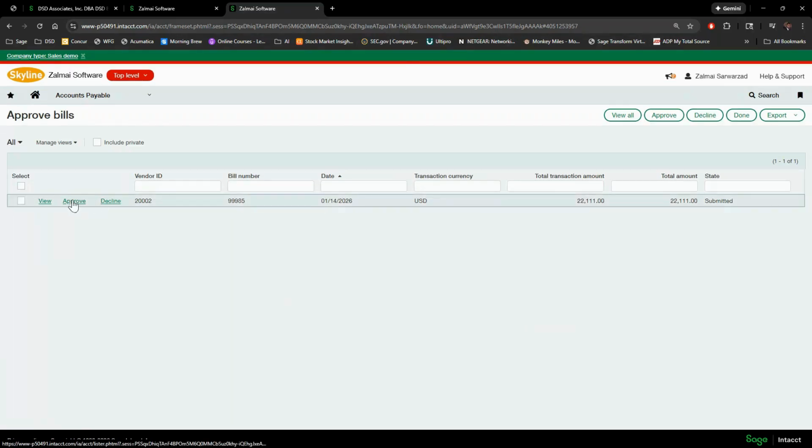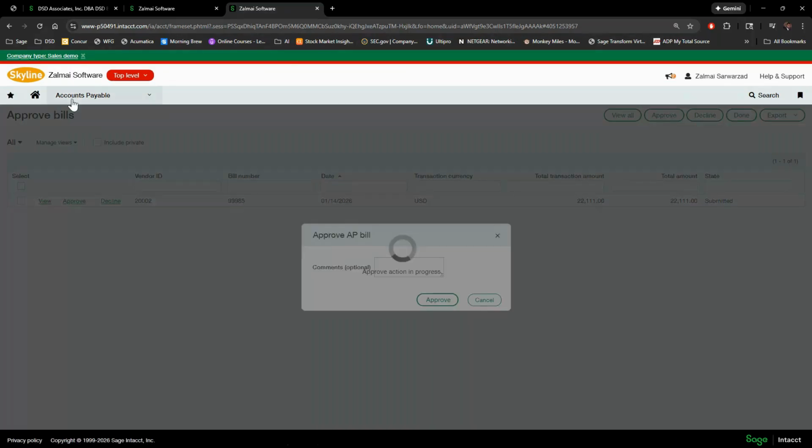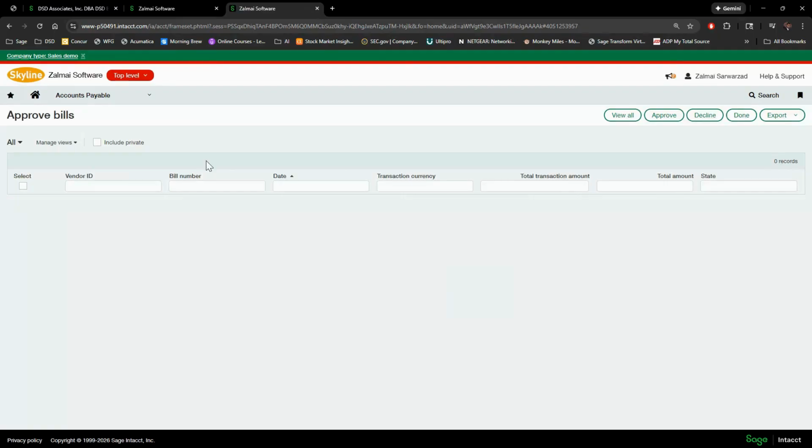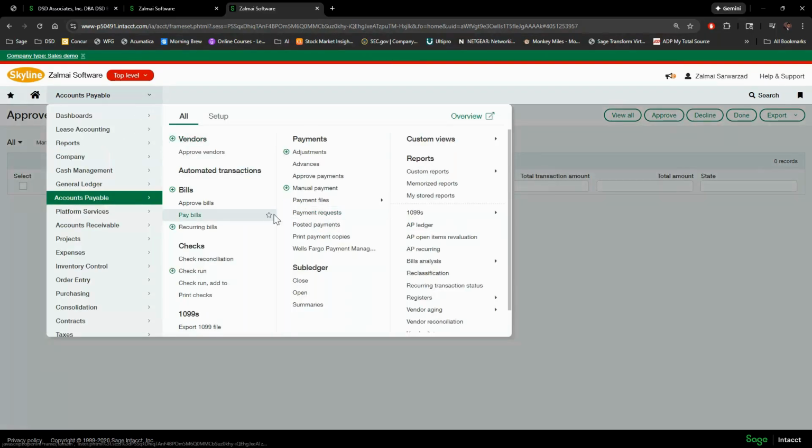That is the checklist. The next part I would like to talk about is the approvals. So for instance, if there's a bill out there that needs to be approved, I will go to approve bills. And it looks like there's one left, so I can take a look at it by viewing it or just approving it if I already knew this one's supposed to come in and it's supposed to be ready to go. So by clicking approve,